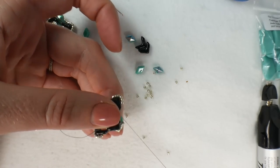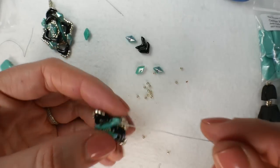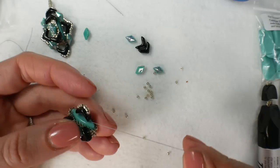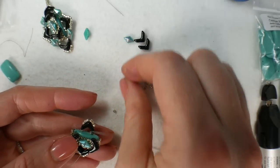If you've got that stop bead kind of in the way, just push it a little bit to the back. So that's going to be my link right there, is the sides that's going to hold everything in place. Now I'm going to add my extra ones of my DiamonDuo beads. And to add the extra DiamonDuos that are exposed along the outside and create the point,